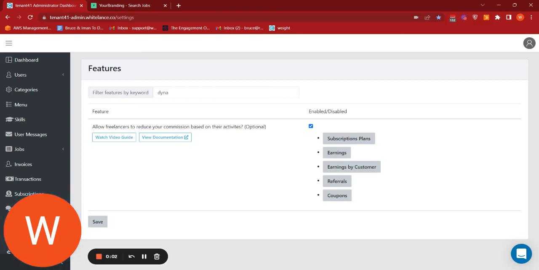Hi there. A new update has been made to our dynamic commissions feature so that now you as the admin can change the commission which you charge your workers depending on the amount of income that they have generated for a particular client. So if, for example, your worker has been collaborating with a client for several months or